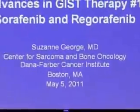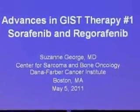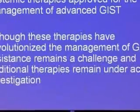So primarily what I'm going to talk about today has to do with advances in systemic therapy, so drug therapy. Dr. Rout did a great job talking about local therapy with surgery, and now we're going to shift gears and talk more about the drug therapies that we use. We are going to talk a lot about Sorafenib and Regorafenib, but I do want to put it into some